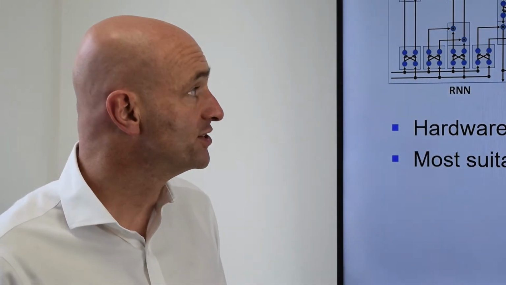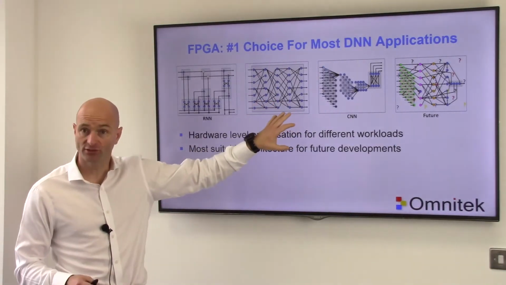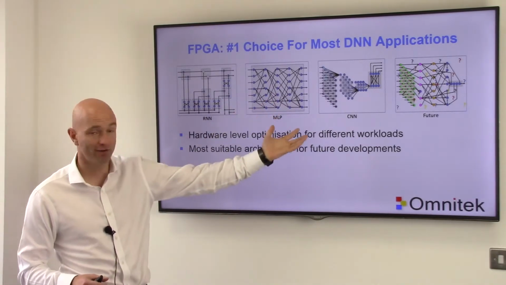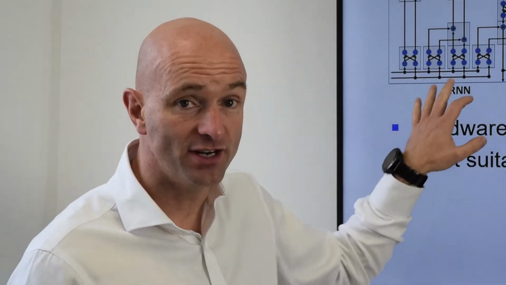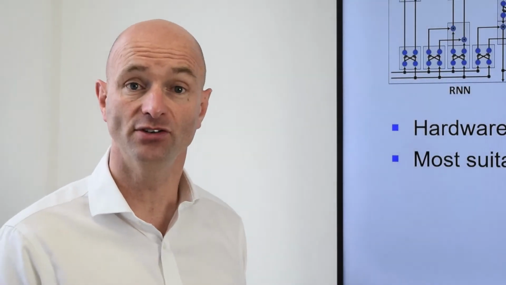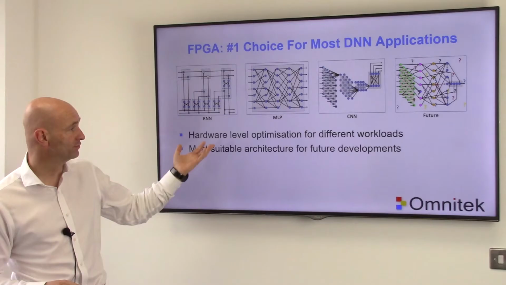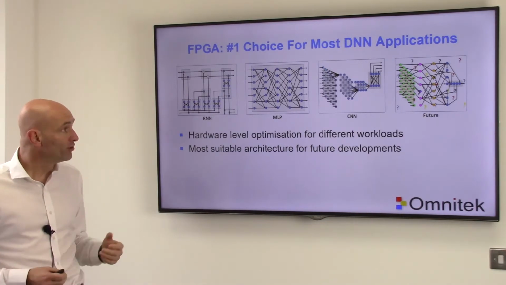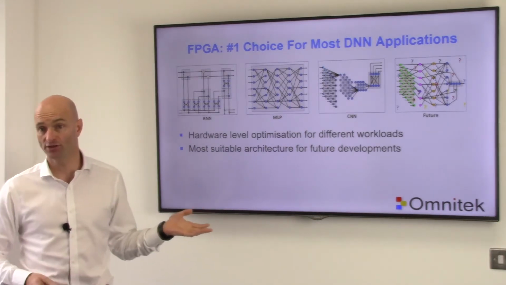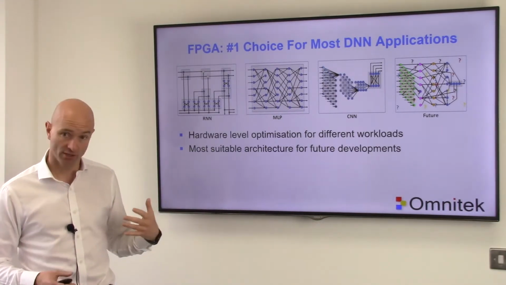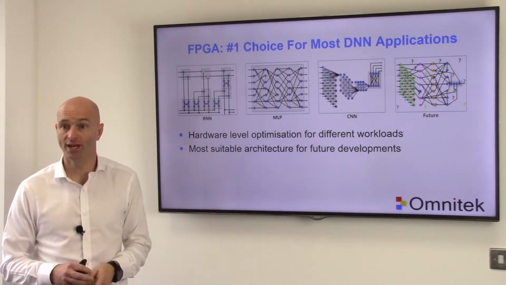these. And just to give one or two examples of that, CNNs have shared weights and great array parallelism, which is one thing we can take advantage of. Whereas typically RNNs and MLPs often have a lot of redundancy, and therefore you can take advantage of weight sparsity and pruning to improve performance. And more importantly than that, as we said, in the future we don't know what direction neural networks and AI will go, and from what we've seen so far, FPGAs provide the most suitable technology to address the as yet